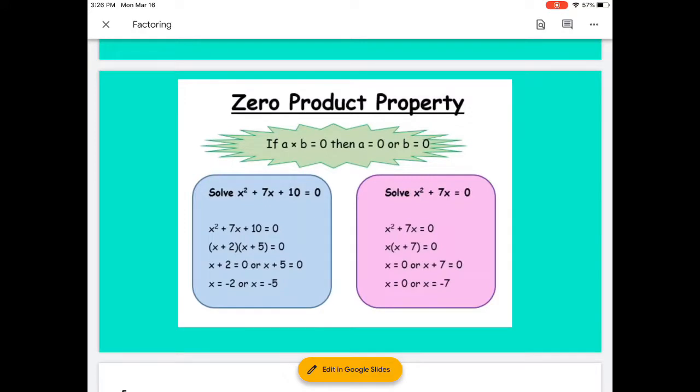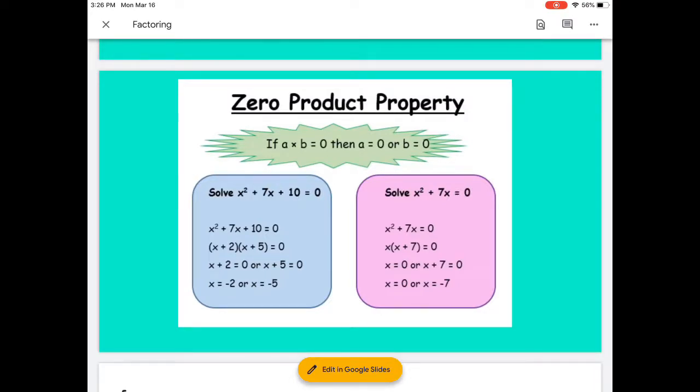Zero product property basically states if you have 2 numbers multiplied and the result is 0, one of those numbers must be 0 in order for it to work. When we are talking about factoring trinomials, we use zero product property to talk about the zeros of a function. When we set each solution equal to 0, for example in blue you have x plus 2 equals 0 or x plus 5 equals 0, you know that the solutions are negative 2 or negative 5 by solving that one-step